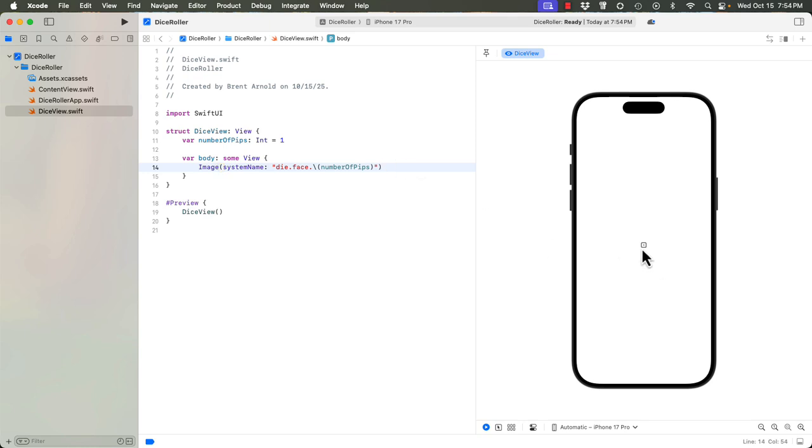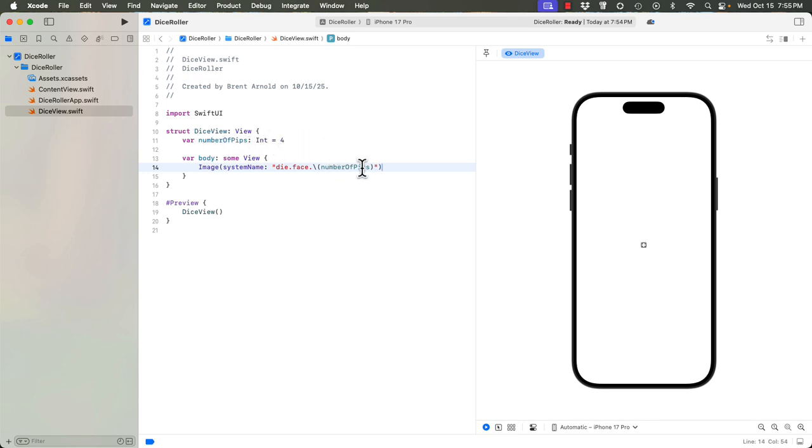It now shows the 1. Of course, it's a little real tiny. We'll fix that here in a second. But if I change the numberOfPips to 4, then all of a sudden it updates the image